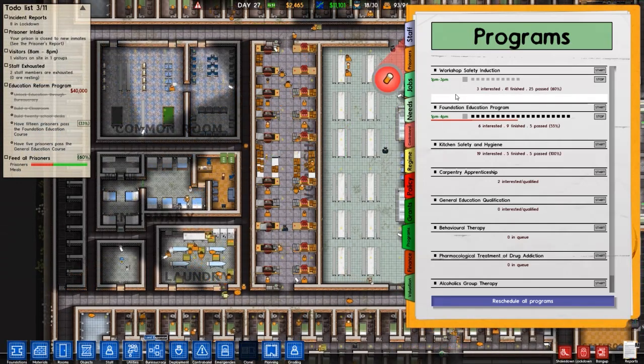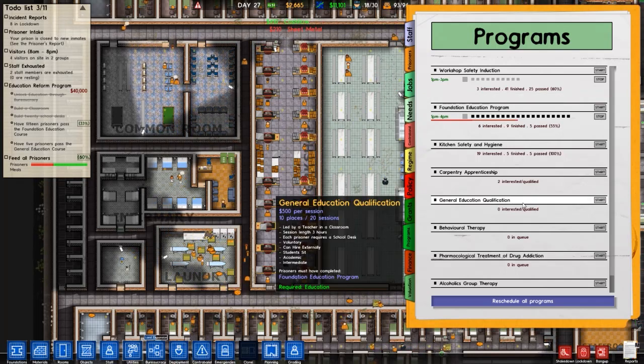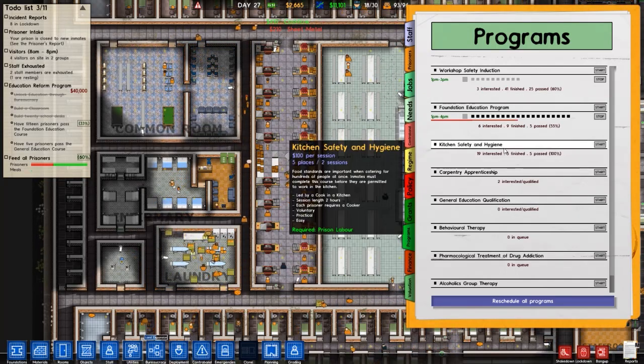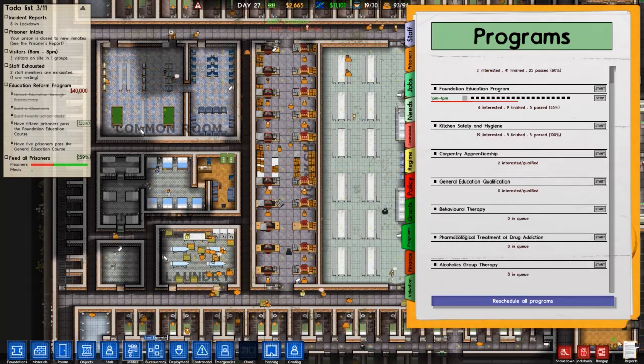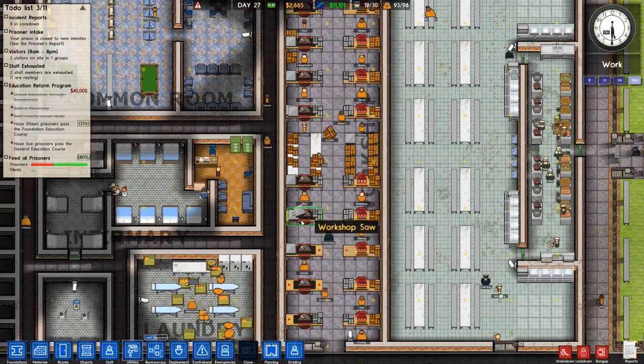Obviously, we've got the foundation education program working. Nobody wants to do the general education qualification. A couple of people want to do carpentry, and a lot of people want to do the kitchen health and safety, but none for the rest. So we'll have to keep a close eye on that to make sure people can actually...